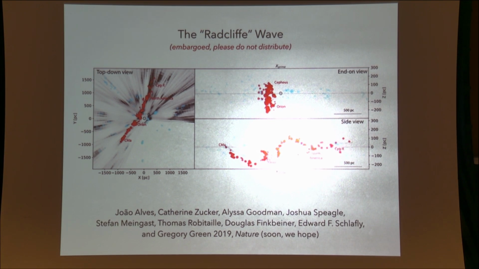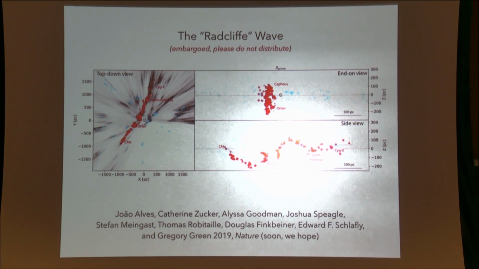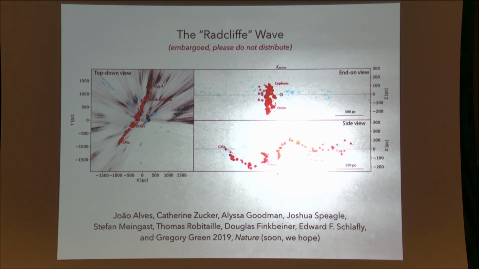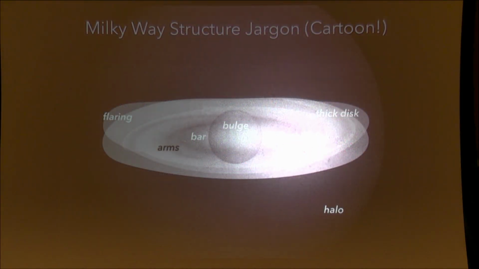From the side, it makes a damped sine wave with an amplitude of about 150 parsecs and a wavelength of about 2 kiloparsecs. And you might think this is some weird feature of the local arm. Turns out it is the local arm. Okay? And the sun is actually off from it over here in this picture. Again, I'll show this to you in 3D and play with it, and I'll give you a secret link if you ask me nicely. But this is kind of the end of the story that I'm going to tell you: there's this bizarre structure in the local Milky Way, unknown before now.